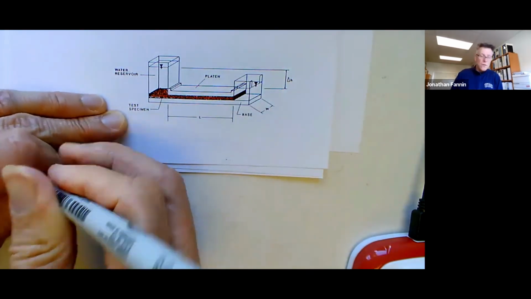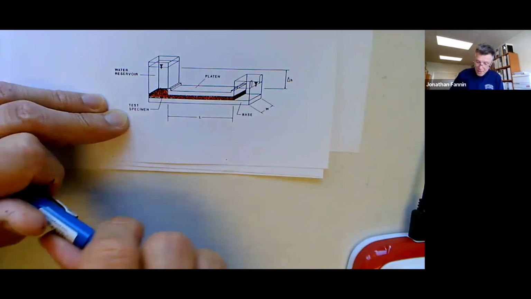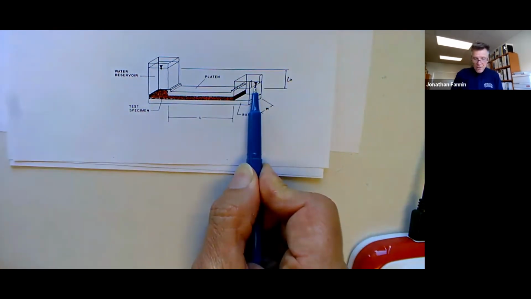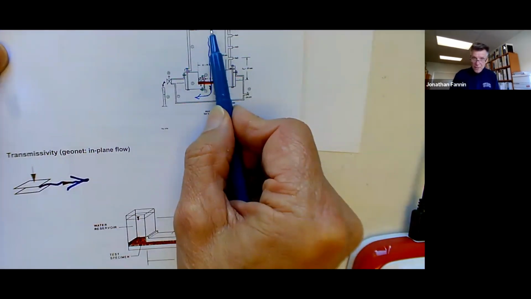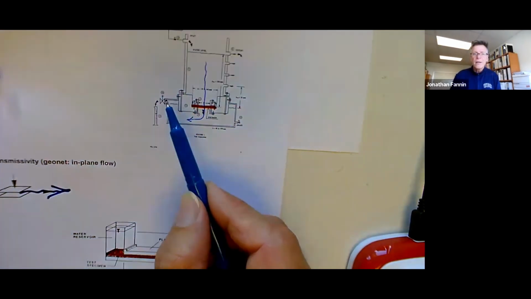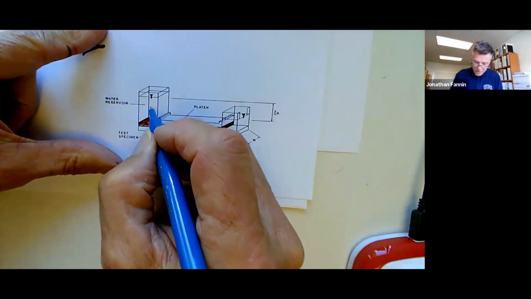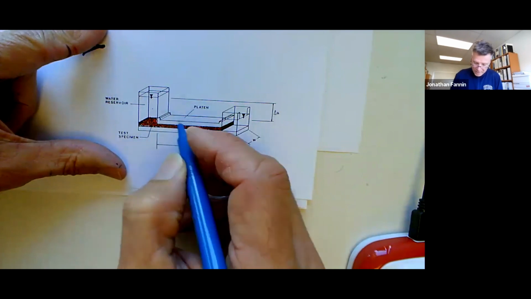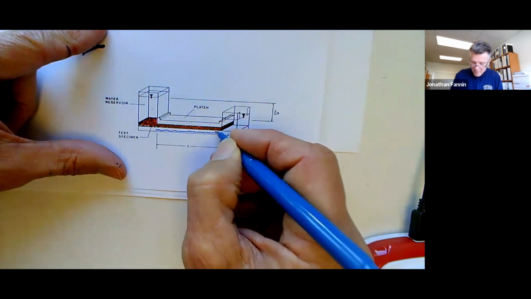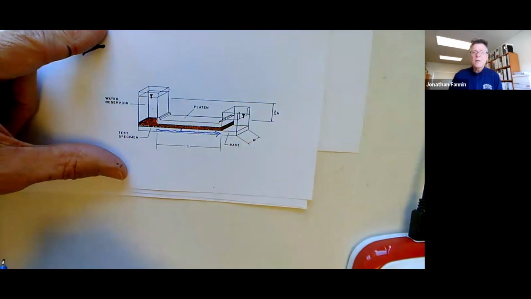And now we're going to flow water in the plane of the test specimen from a constant head on the inflow to a constant head on the outflow, just like the constant head on the inflow here and the constant head on the outflow here. So we're going to flow water. It's going to be a little harder to show. I want to stick with the in-plane capacity. I'll do it here. That's the base plate, but it's flowing within the specimen.